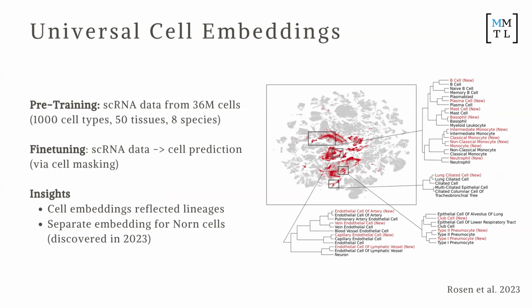And what was really interesting as well is that it had a separate embedding for what's called norn cells. So norn cells are cells in our kidneys that create EPO. Prior to 2023, we actually didn't know what created EPO. We just knew it came from the kidneys, but not what exact cell it came from. And it could actually detect norn cells in the embedding, right? So there may be other cell types that we are not aware of hiding in this embedding. Absolutely wild.